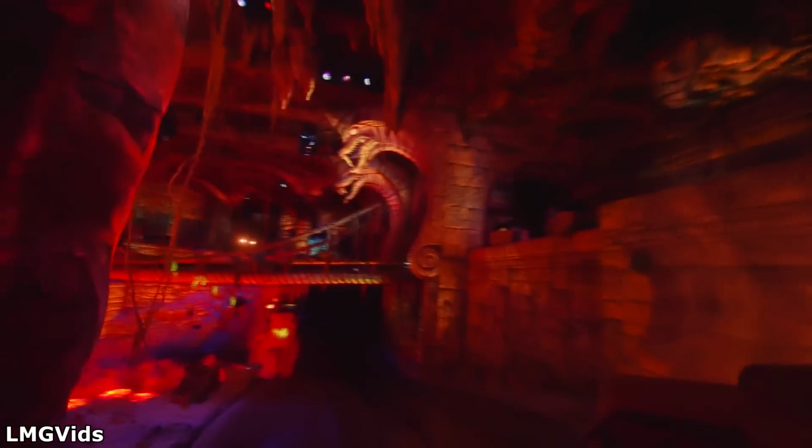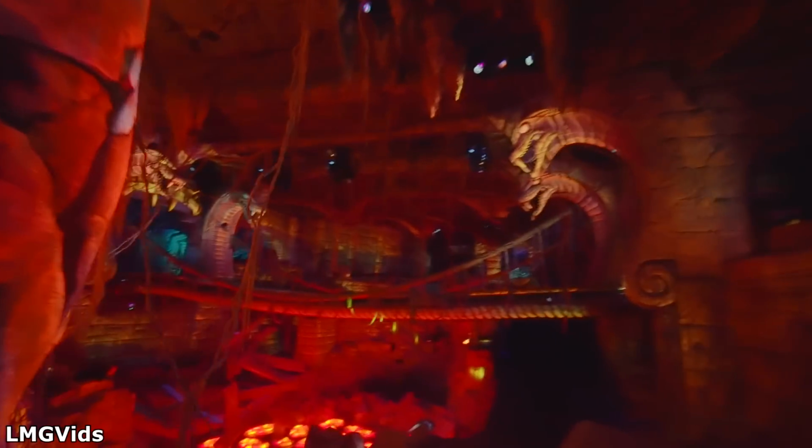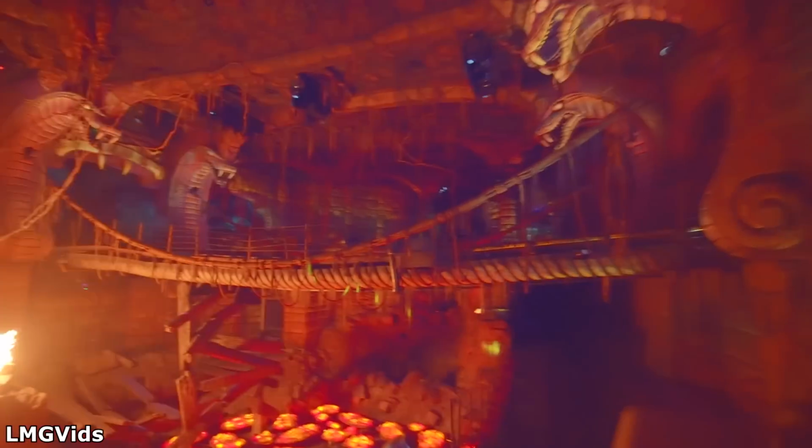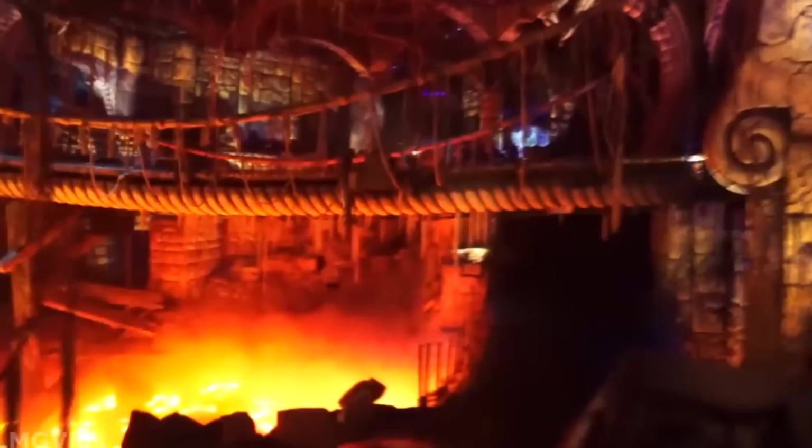The vehicle then suddenly lurches over a cliff and under the rope bridge, riding alongside the massive boiling pit of lava. The boiling pit of lava is something a lot of people point out as broken, which to their credit is partially true. The lights in the pit that give the lava its red menacing look still work, but the smoke effect that's supposed to cover the lights hasn't worked in a while. Because of this, what's supposed to be a giant pit of lava comes off looking more like someone's leftover charcoal